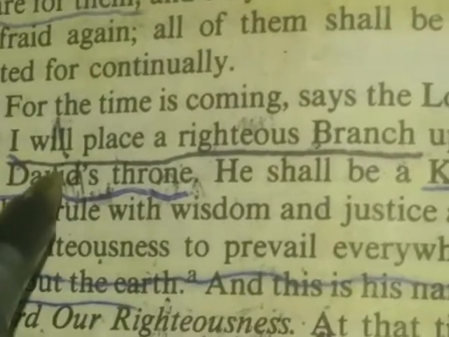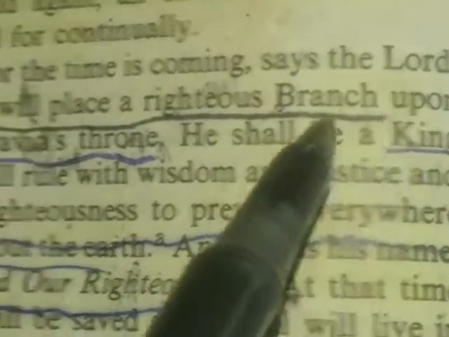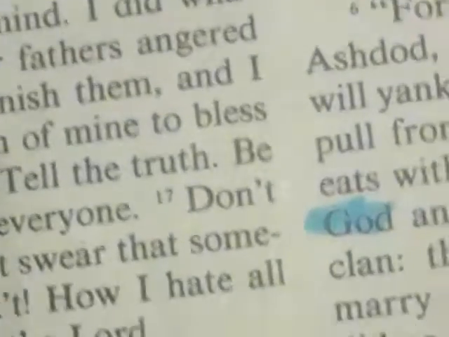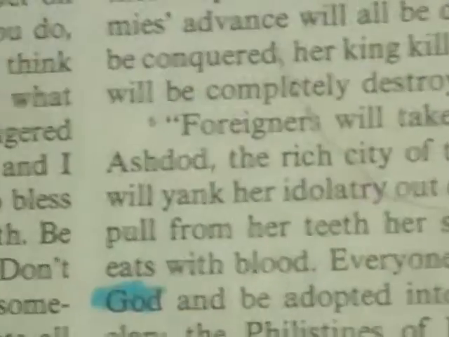the righteous branch upon King Dawid's throne, who sits on King Dawid's throne, will cause these things in his lifetime. You're going to be saved, brothers and sisters. And it's right here, in his lifetime. In 9:13, right here, in chapter 9, it shows you again about that same Messiah.